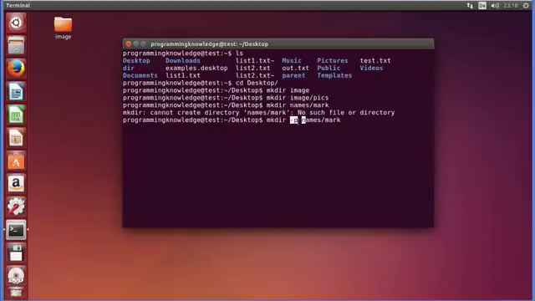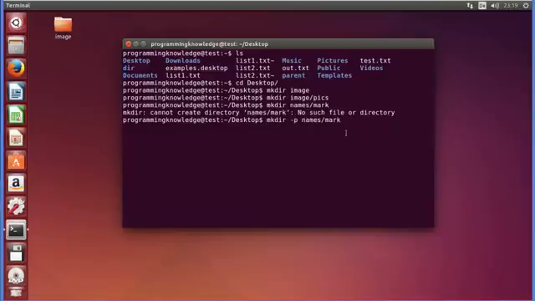This is the short version of giving this flag, and if you want to know the full version, you can just give two dashes, and then you can just give parents here. Okay, so the flag name is parents. And if you give this command, it's going to create a directory for you, and a subdirectory for you which doesn't even exist. Okay, so I'm going to just give this short flag, which is -p, and